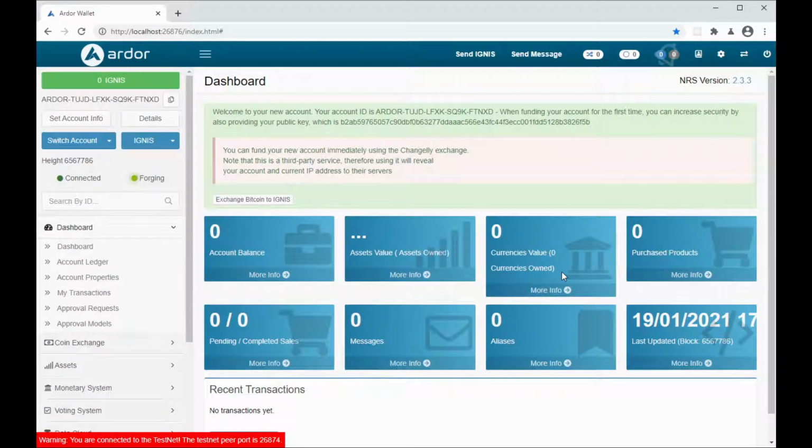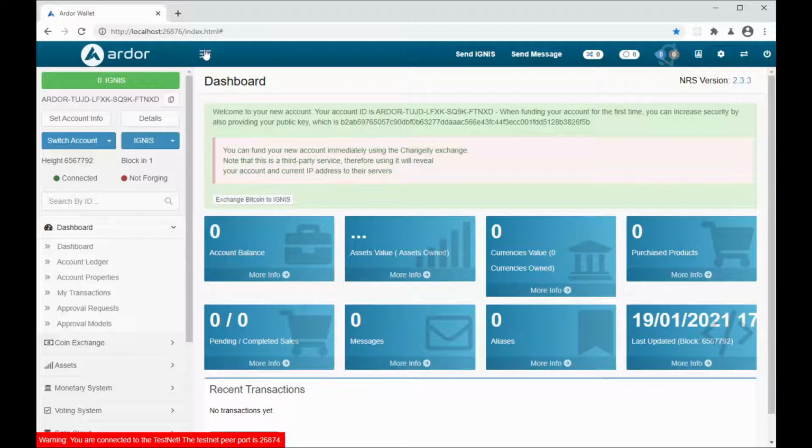So this is the dashboard of the standard wallet. This is the information you get on a new account. You have the address here. You don't have any ignis, which is the first child chain. And this is a warning telling you this is a new account. This is your address. You can buy some ignis from exchanges and so on. But remember, this is testnet, not mainnet. So for this, we can get some free-to-use testnet coins.